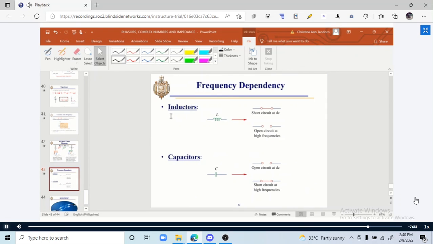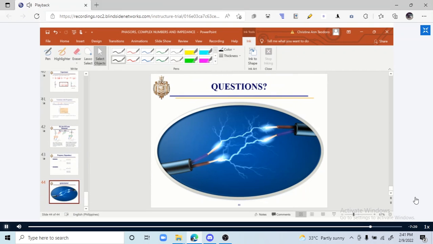Okay? And of course, for the frequency dependency, I would just want to repeat it. For the inductors, during DC connection or during DC setup, your inductors act like a short circuit. But during high frequencies, your inductor will be open. And for the capacitors, when you are dealing with the DC setup, it will be an open circuit. And during high frequencies, your capacitors will be